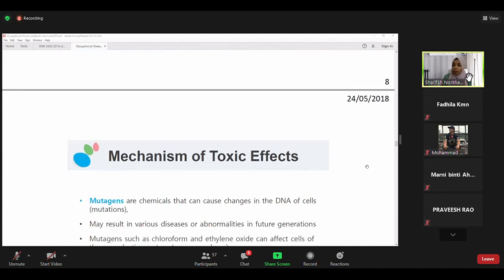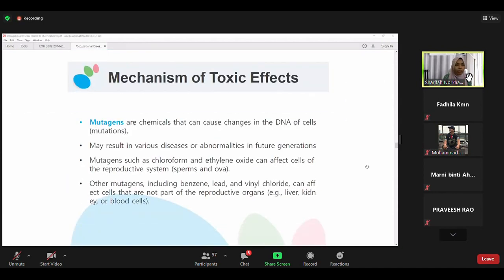Another is mutagens. Pernah tengok Ninja Turtle tak? Oh, that is my cartoon when I was very long time ago. Kita ada Teenage Mutant Ninja Turtles. So this is the story of how the turtles were mutated by chemical reactions, and it jadilah the Ninja Turtles. So if you have time, you can just tengok ataupun Google this cartoon on YouTube. It's very nice.